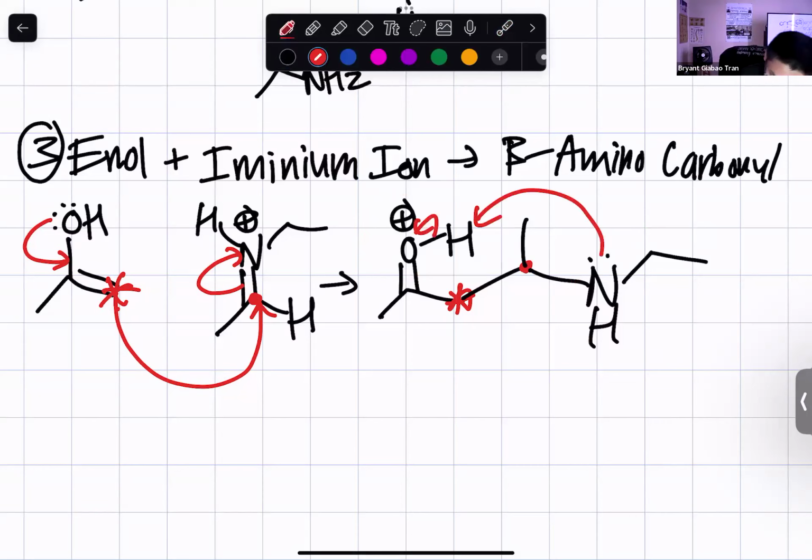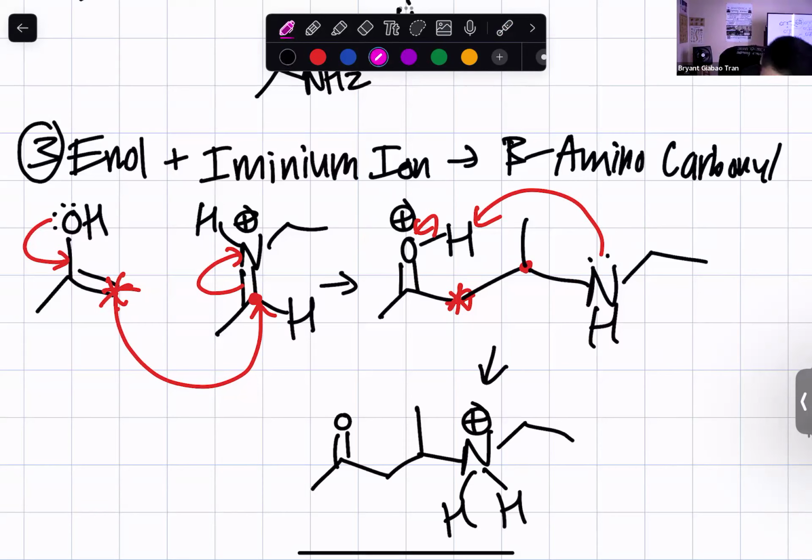And this is for Farahat especially. If you stay in acidic conditions, this will be your final answer. Where you, oh, that's too many carbons. Where you have a positively charged nitrogen at the beta carbon, right? Beta amino carbonyl,